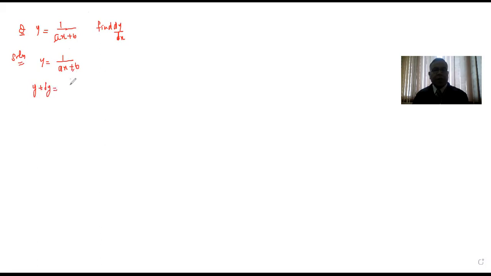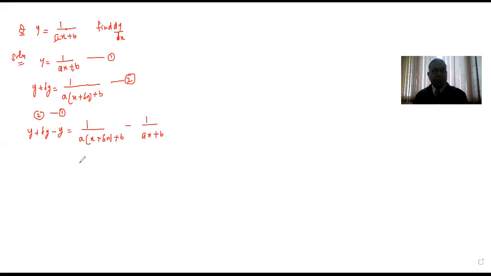Y plus delta y is equal to 1 over a x plus delta x plus b. This is number 2. This is number 1. So 2 minus 1, this is y plus delta y minus y, 1 over a x plus delta x plus b minus 1 over ax plus b. So delta y is equal to ax plus b minus a x plus delta x plus b